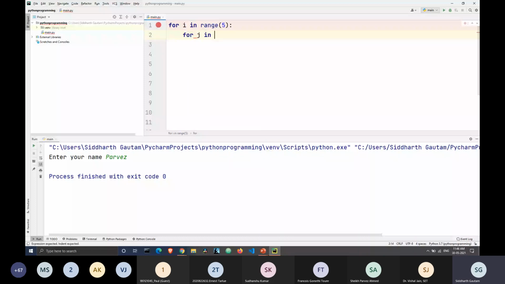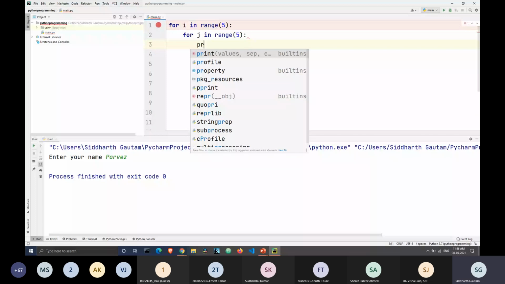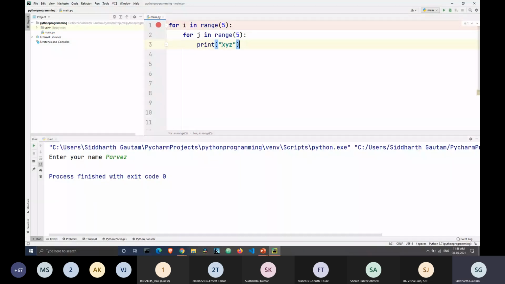Let's say I'm going to print XYZ. How many times do you think this string is going to get printed? 25 times. Yes, you're correct.